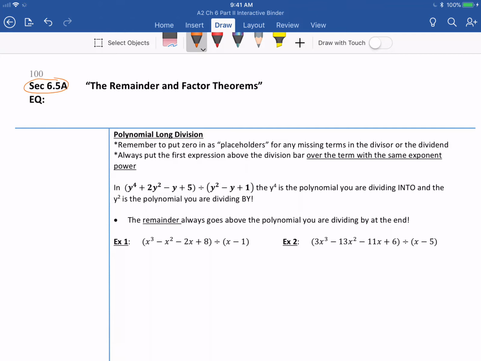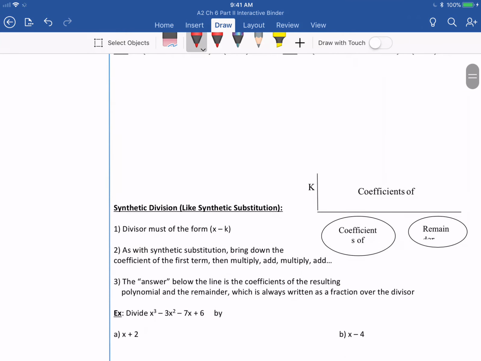Alright, so today my essential question is: how do I divide polynomials? We're going to divide polynomials today in two different ways. So if you have your red pen out, we're going to do it in long division, and then if we scroll down here, we're going to do it